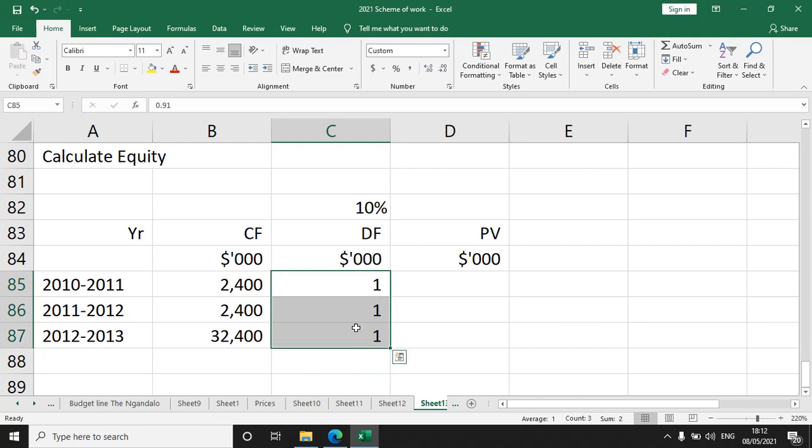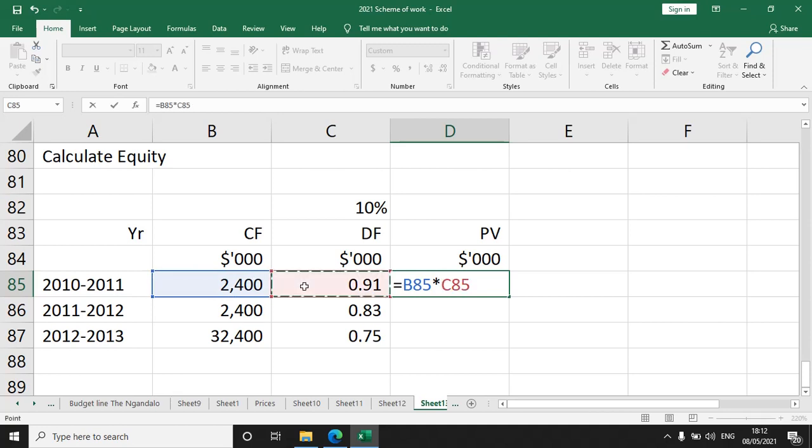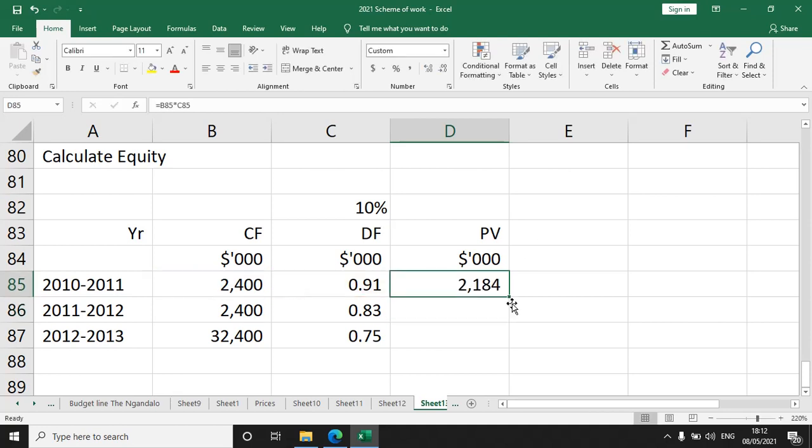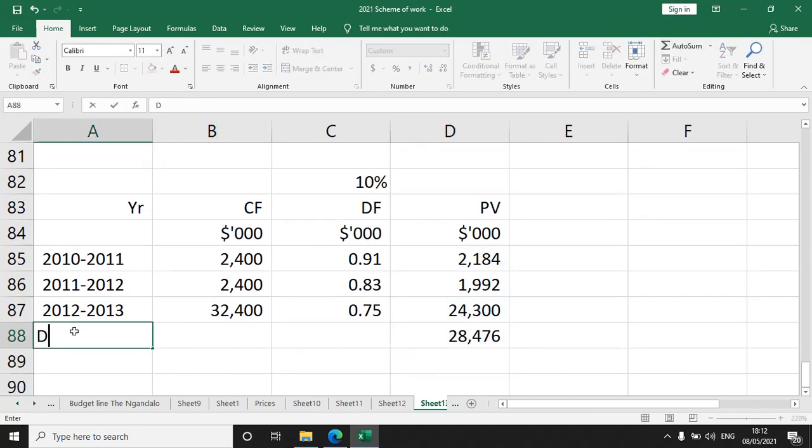I'm going to have to increase my decimal places here. Okay, then we do the multiplication, and I think that the multiplication will be as follows: this multiplied by that amount there, we have got that figure, and we do the rest. Okay, those are the figures we have. So the total value of debt is a sum of all these present values. We call that debt component of this,